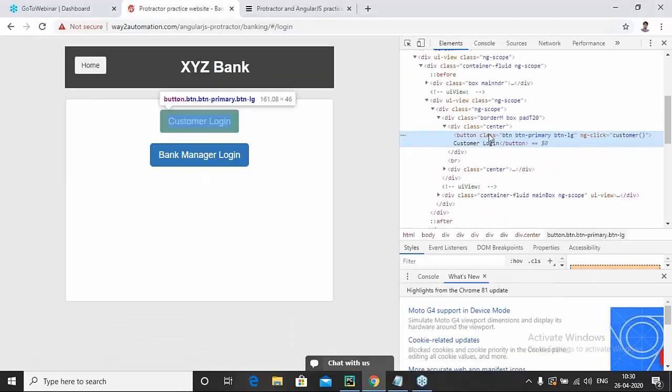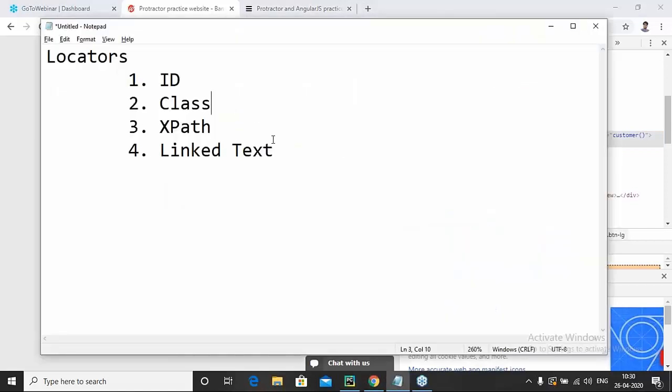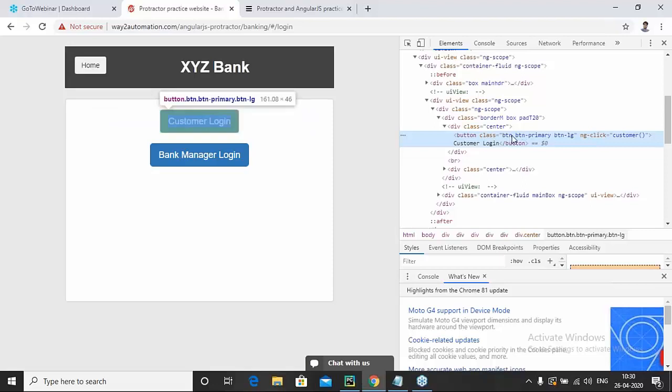But keep in mind, guys, the locator class actually has many duplicates available. Normally we do not use class so much, because the same class that we're mentioning here, which is btn, btn-primary, btn-lg, is used in multiple other areas in the same application.